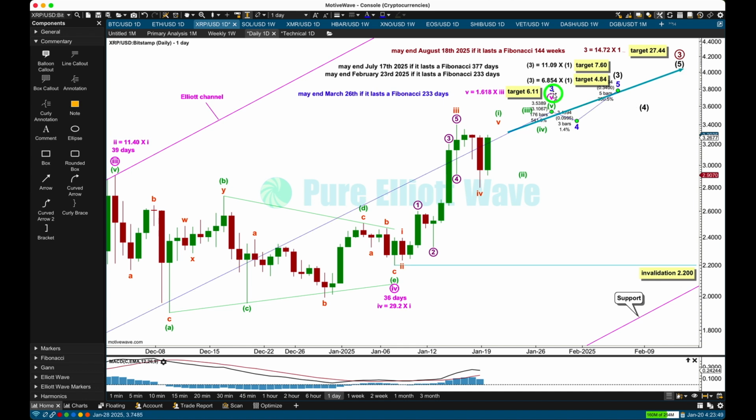Within minor wave 3, it's unfolding as an impulse. We've got the end of the third wave, fourth wave triangle. Now we're looking for the end of a fifth wave. I do not think it's over here. Now I could move the degree of labeling here and adjust the labeling and say it could be complete here. I really don't think it is because I am expecting minor 3 to end with some vertical